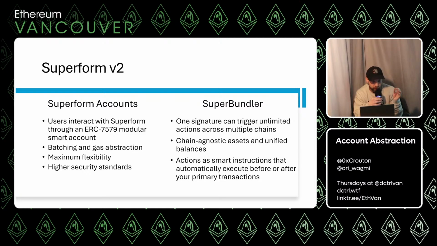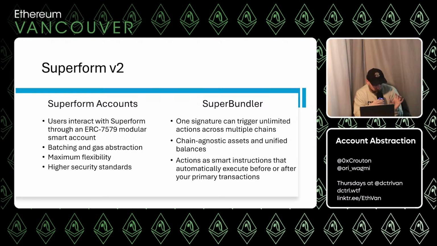What should a smart account be at the most basic level, so that we have some standardization? Like ERC20: a token can be a billion different types of tokens, but at their essence they're all the same, and they're all interoperable. We want the same thing for smart accounts, and Superform is built on that standard. What does that enable? All that stuff we talked about: batching, gas abstraction, flexibility, and more security.